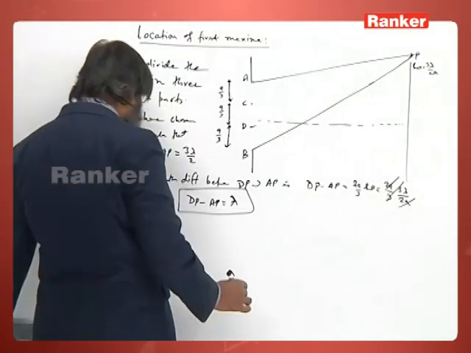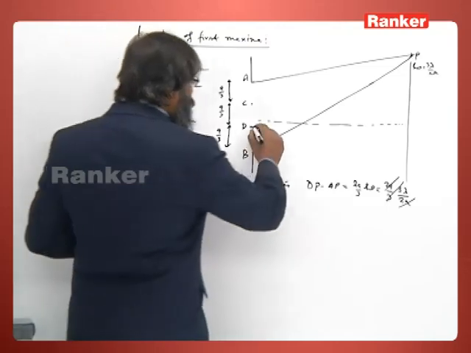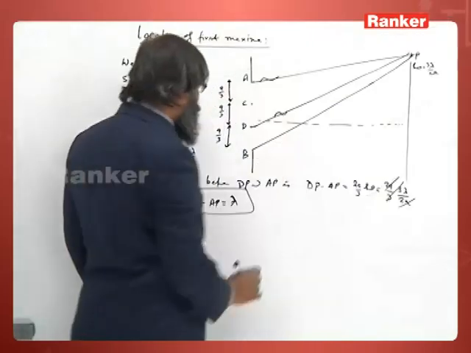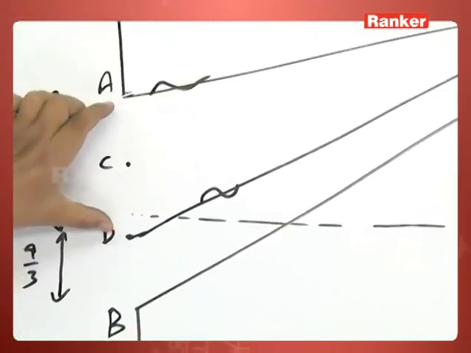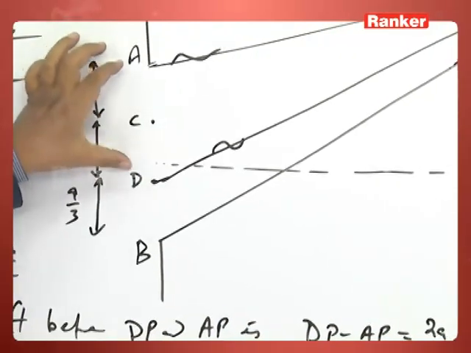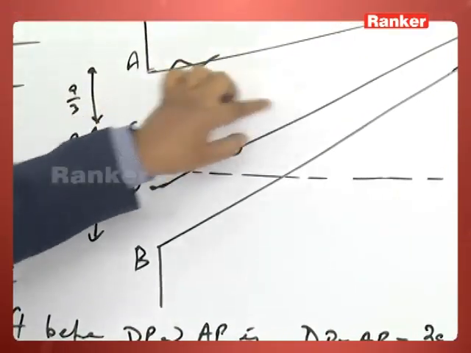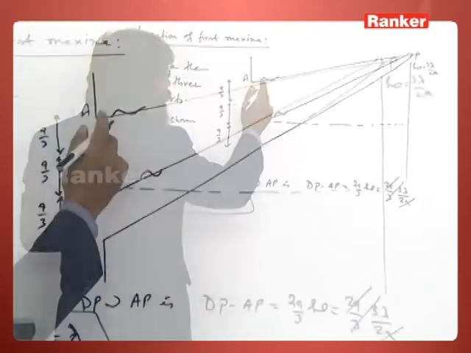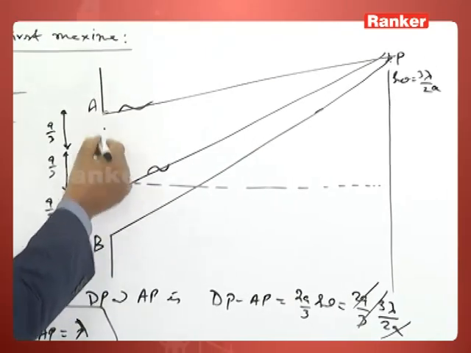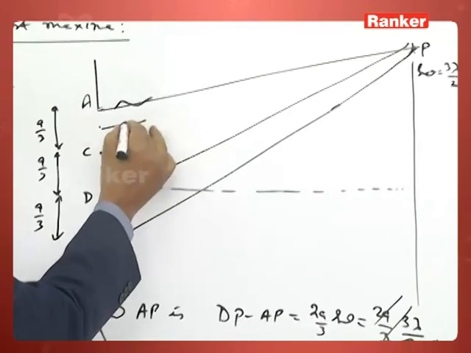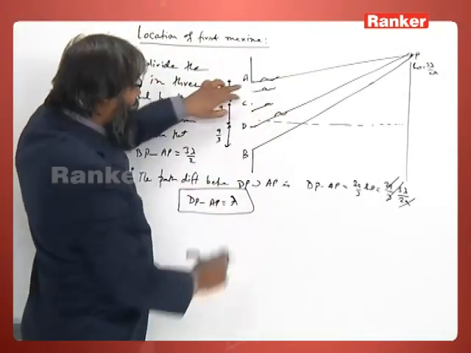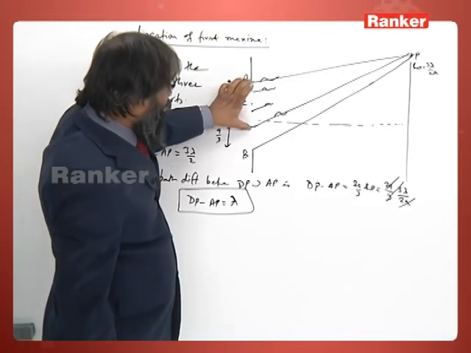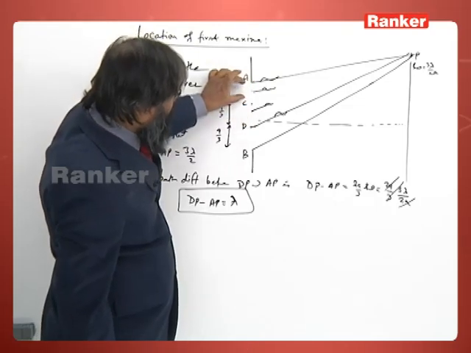So this reduces to my previous case. So suppose I have the path difference between two waves, here lambda, and now you see this is 1/3. So this C is the midpoint of AD. So if these two waves have a path difference, as in our previous case, all the points on these will have a counterpoint with a path difference lambda by 2. If these two have path difference lambda, all the points in